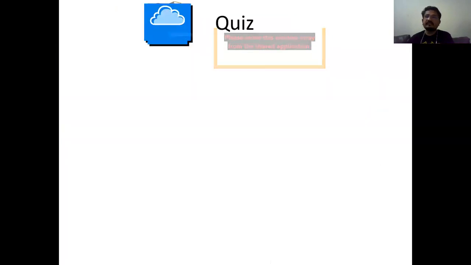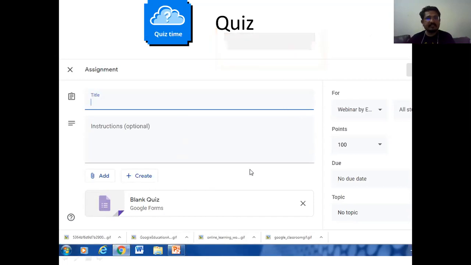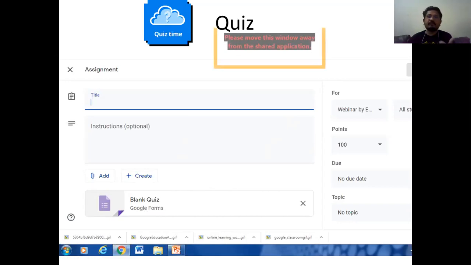Once we click on the quiz part, you must have seen, I have shown you that there are four options: stream, classwork, quiz, and the fourth option. So click on the quiz option. Again, you will find a title, what it is all about, and then if you wish to give any specific instructions, give the instructions. And once you have done so, you will find a blank quiz here that is known as Google Form. The same thing, either you can go directly to quiz or blank form, Google Form, or you can enter through the classroom.